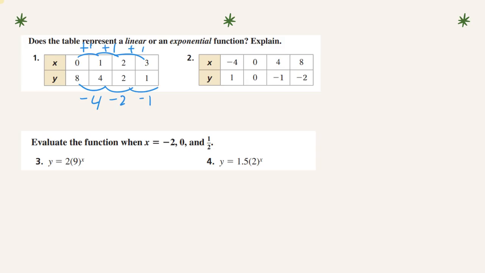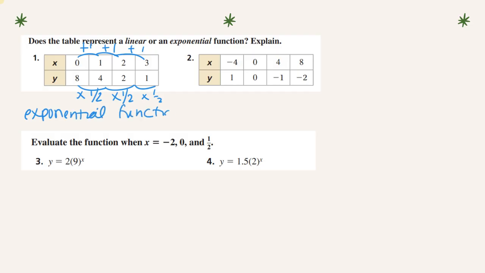But we also can see that this is being split by half, correct? So this is multiplied by half, because 8 times half gives me 4, and 4 times half gives me 2, and half of 2 gives me 1, correct? So here, this is an exponential